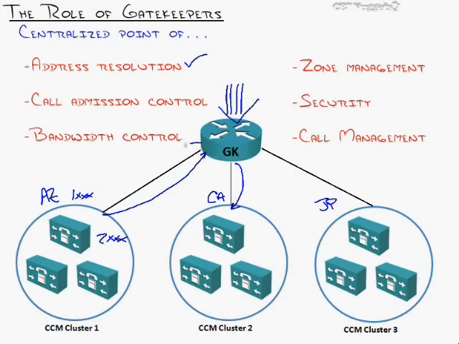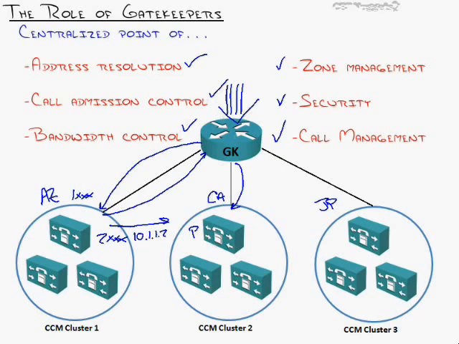So what it does is it tells Arizona in response, California is over here at 10.1.1.2, which is maybe the Call Manager's IP address over here. So Arizona goes, oh, great, thanks, and just goes over and contacts them. It doesn't go through the gatekeeper, because otherwise that would be a lot of overhead for the gatekeeper, but the gatekeeper acts as that centralized point of resolution. It can act as call admission control, like are you allowed to call California? Or bandwidth control, like is the bandwidth available to call California? And there's many others.